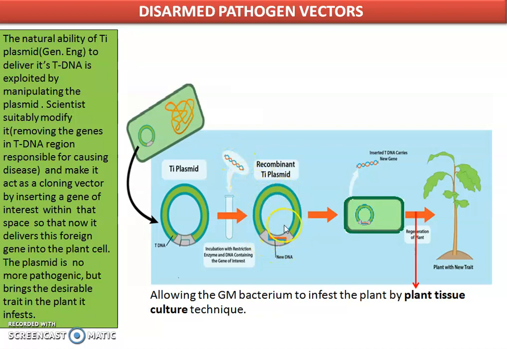Then this TI plasmid is introduced back to the bacterium. Now it is no more pathogenic. It will not cause disease because the infectious region is removed and a gene of interest has come there. So this Agrobacterium is cultured with plant cells by tissue culture method. So plant cells get the tDNA area incorporated with the new gene now, gene of interest now. And such plants raised in the laboratories can be shifted to the field as new genetically modified plant with new trait. New trait could be a positive trait for commercial gain. So that is all about how to deliver gene of interest in cells.